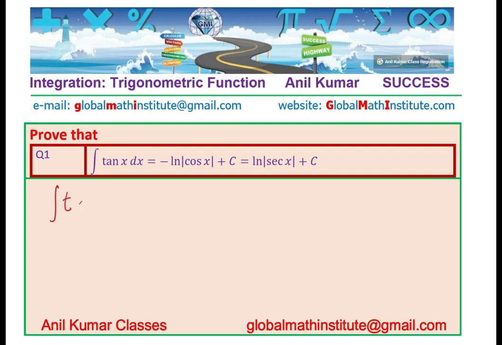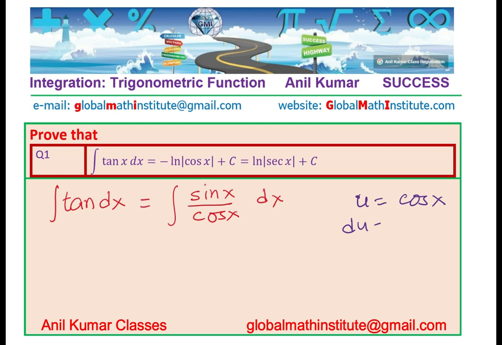of tan x dx. We need to prove rather that this is minus ln cos x. Clearly, cos x should be in the denominator. So we know what tan x is. It is sin x over cos x, right? dx, correct? Now let's make the substitution, which is u equals cos x. So du is minus sin x dx, correct? So let's replace. So we have integral of 1 over cos x is 1 over u, correct? And sin x dx is du